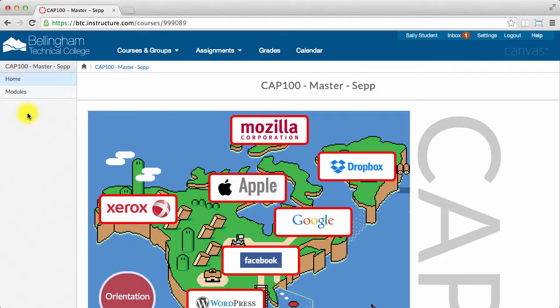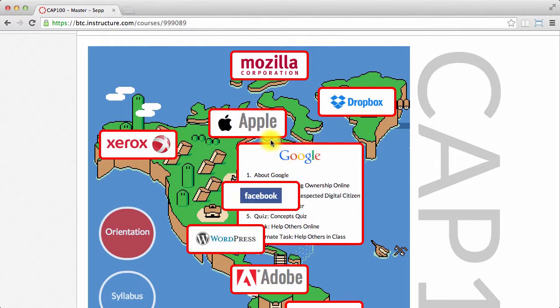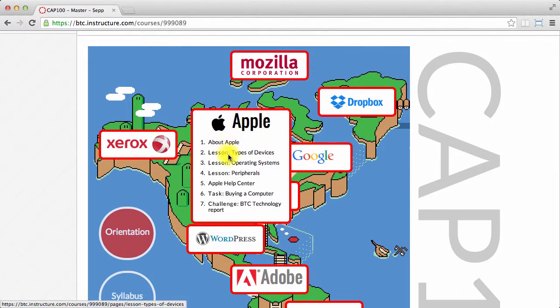When you first get into the course in Canvas, it looks a little different. On the left-hand side, there's really no options except for Home, which is the map, and Modules, which is the traditional modules view. This map actually contains all the information you need for the course. So if you mouse over any one of these companies, it'll give you all of the lessons in that section of the course, as well as any tasks you need to complete and a discussion board to help you with